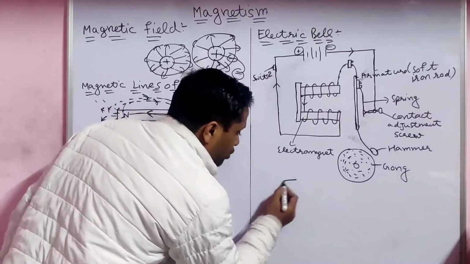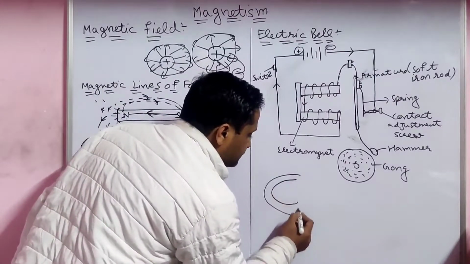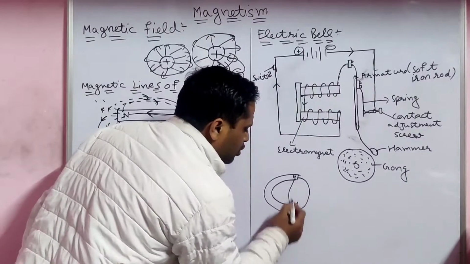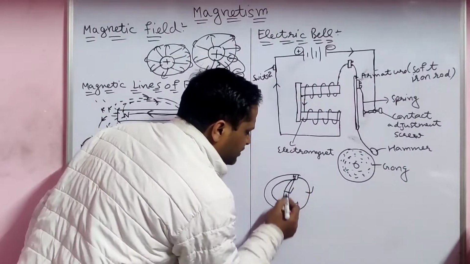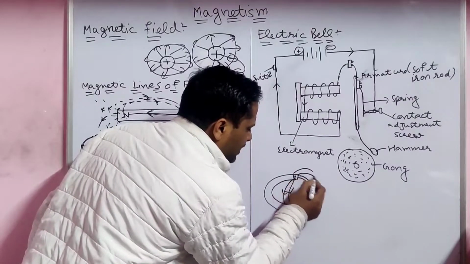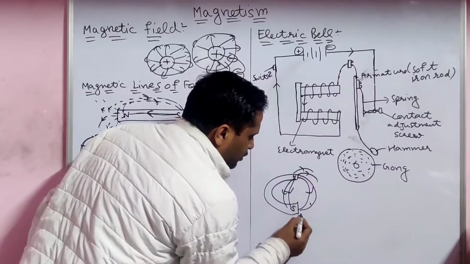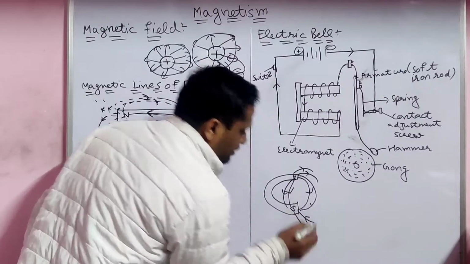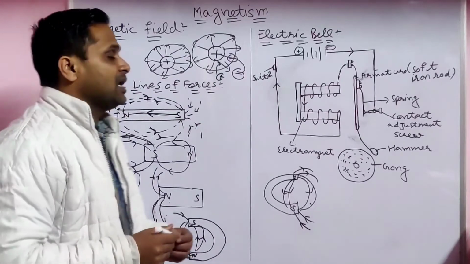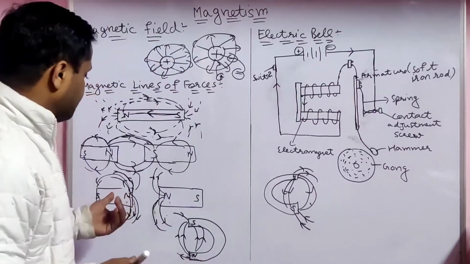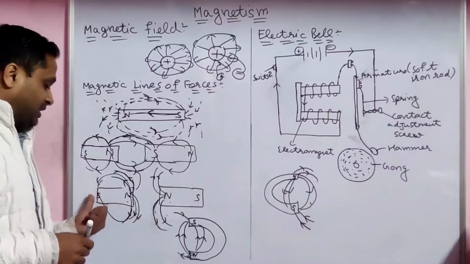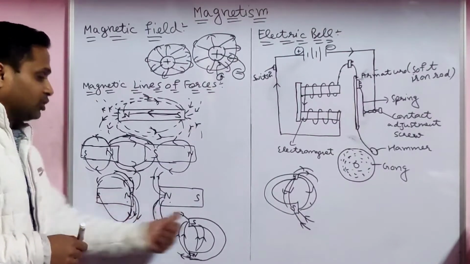If you take a U-shaped magnet, for example, you take north and south, the lines always move from north to south. Arrows like this always, keep in mind. From the top also the arrow comes, and from here it enters like this. A very easy topic, students. Now, if you want to take south and south, then the same diagram is there. From there, at that time, here north, here north.